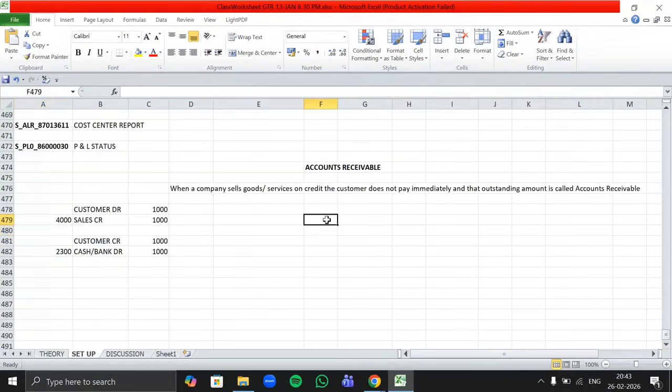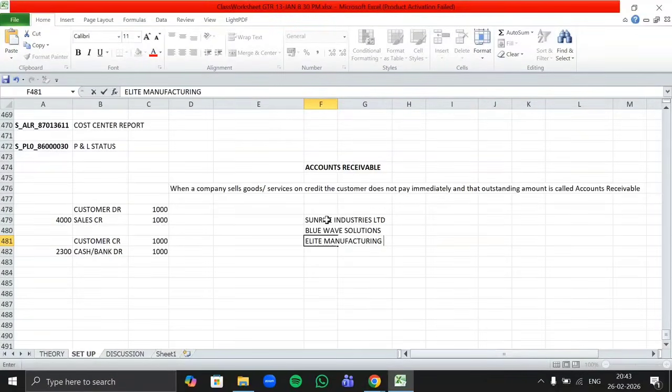These 3 customers are Sunrise Industries, then Blue Wave Solutions, and third, let's keep it as Elite Manufacturing. So these are the 3 customers in our system.